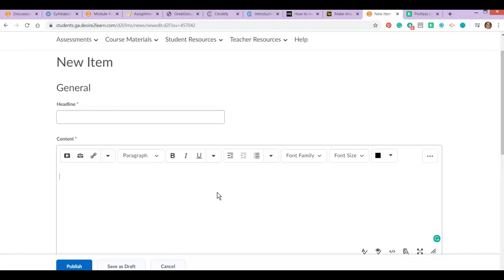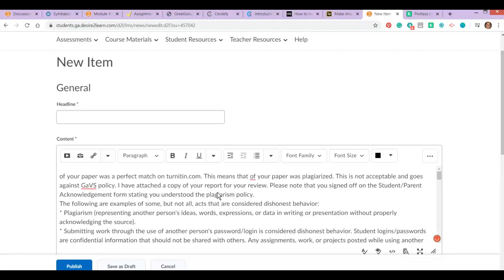And before I started using ProKeys, I would have to either cut and paste that whole text and then go in and add the HTMLs for the videos. But once I started using this extension, I can come in and just type in my code and all that's put in there for me. So my code for this is PLAG, and then you just hit Shift space, and then all that information dumps